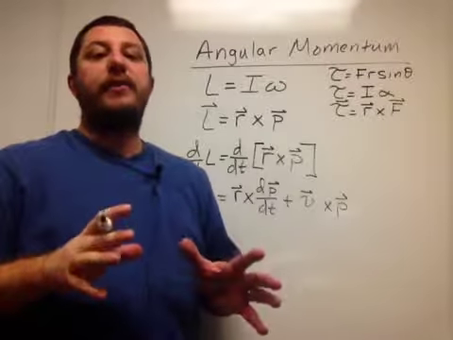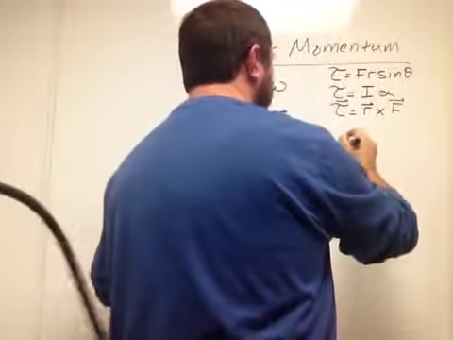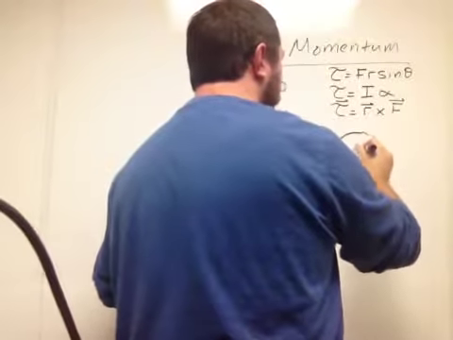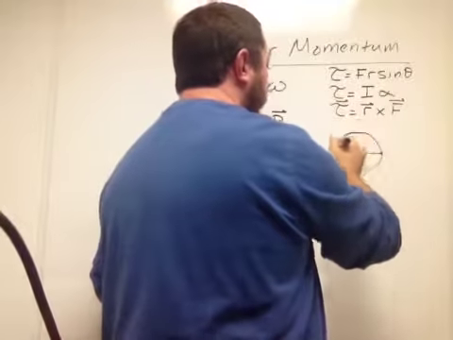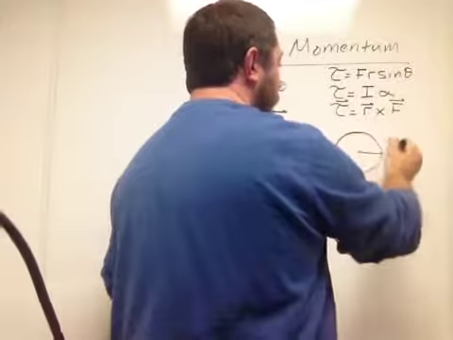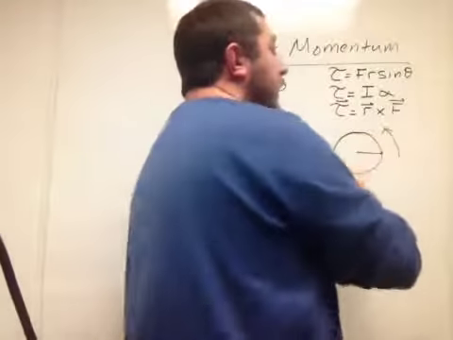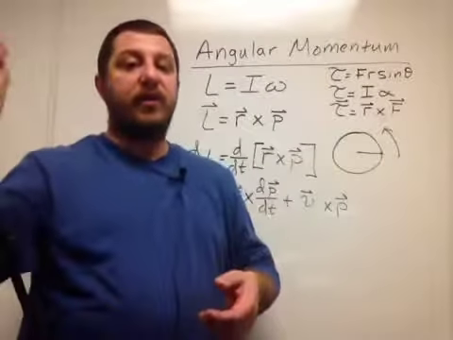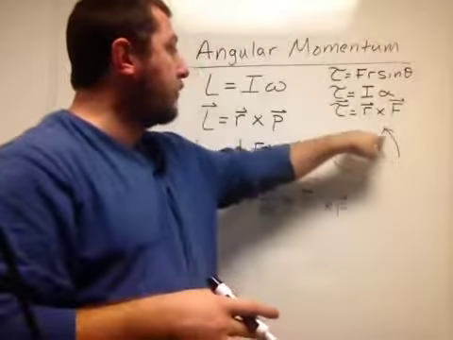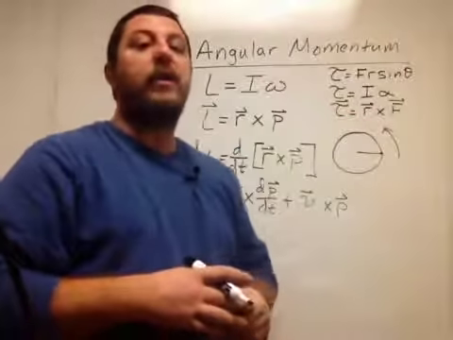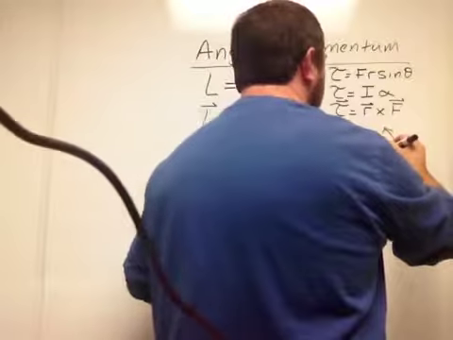But imagine an object that is traveling in a circular path. The circle is just the easiest path to visualize this for, but it works for any curve. If I have an object rotating about this circle here, and my object is moving this way, maybe you're talking about a rock tied to a string that's swinging above your head, whatever the case may be. At this particular point, if it's moving in this counterclockwise motion, then its instantaneous momentum is pointing tangential to